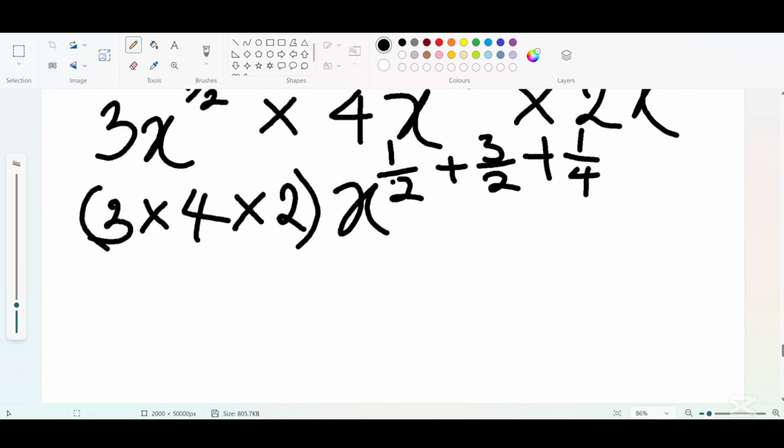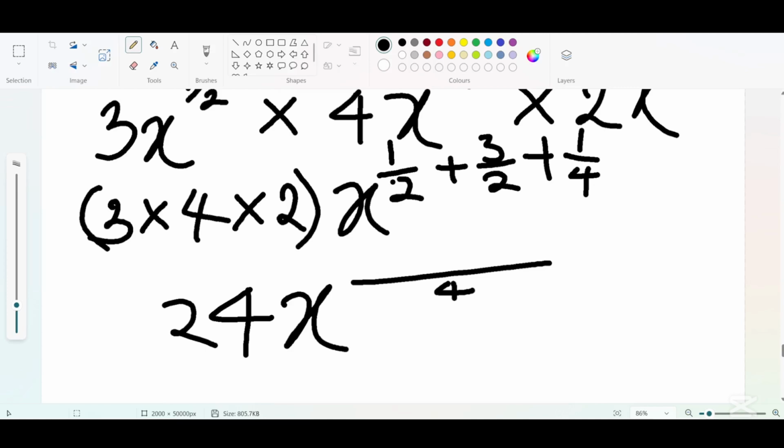So when we add the powers, we know that these powers are fractional, and when we want to add fractions, as we have dealt with before, we can easily find the LCM of the denominators, and that is how we add fractions. So 3 times 4 is going to be 12, and 12 times 2 is going to be 24. So this one is resolved. While for the powers, we need to find the LCM, and the LCM is of course 4. And 4 divided by 2 is 2, times 1 is 2, plus